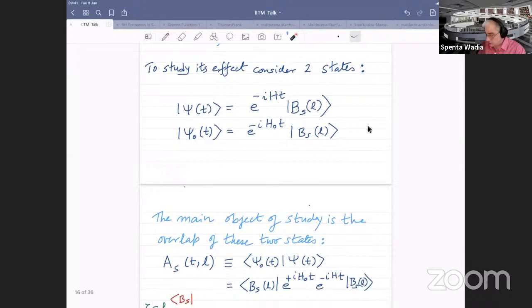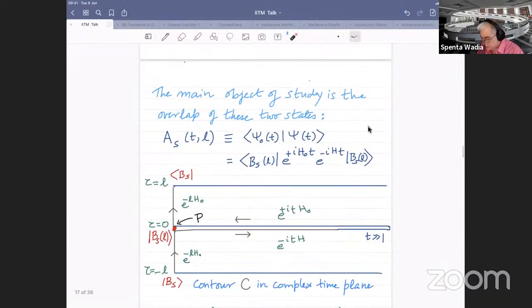In order to compute things, you need to set up a formulation. So I want to firstly talk about these two wave functions. This is the Schrödinger picture of some state at time t equal to 0 evolved by the full Hamiltonian. And this state is the one that you get by simply evolving by the SYK Hamiltonian. Full Hamiltonian means SYK plus the perturbation. And the main object of our study is the overlap of these two states. Now that we have the object to compute, we can do the calculation.